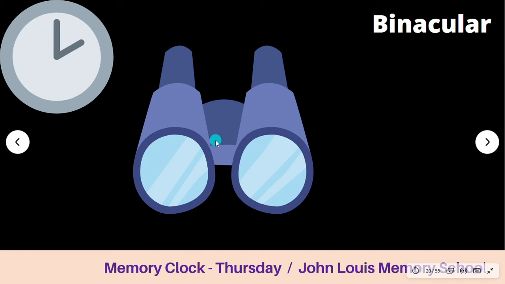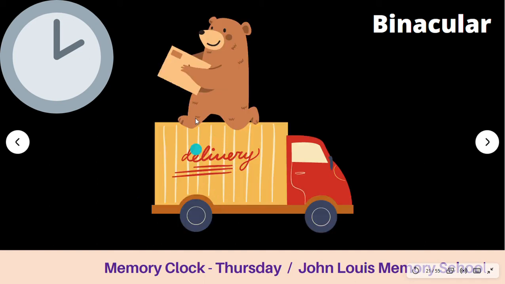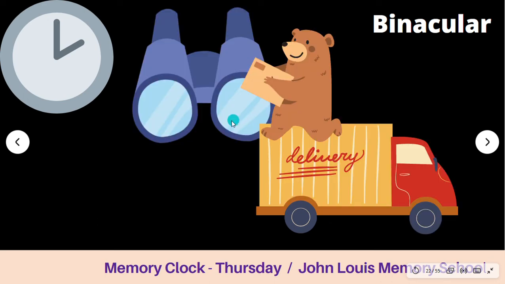Now, what is the thing we have to do at 2 o'clock? You have to deliver a teddy bear to a particular address. So at what time? 2 o'clock. So what is the picture for 2 o'clock? Binocular. Just imagine. I already told you to fix a binocular at a particular location. Now you are there, and what is coming out? A delivery van along with a big teddy bear is coming out of the binocular. Just visualize that. It is taking a minute for me to explain everything, but in a fraction of a second you can visualize everything once you understand the system.